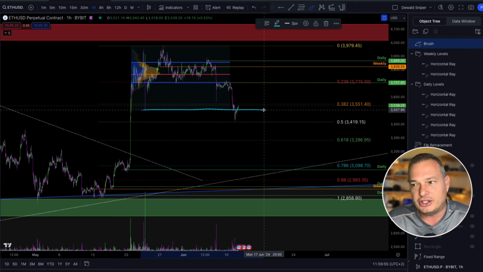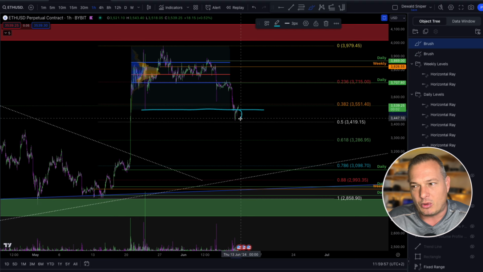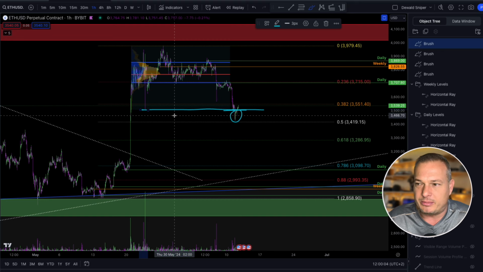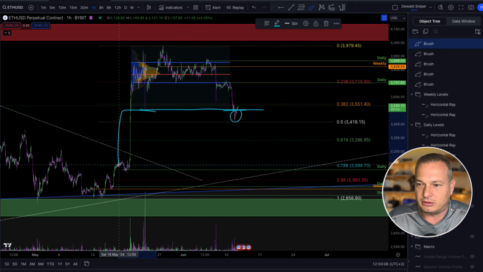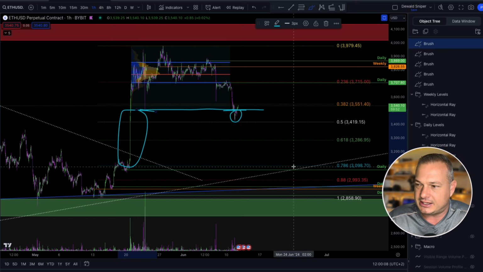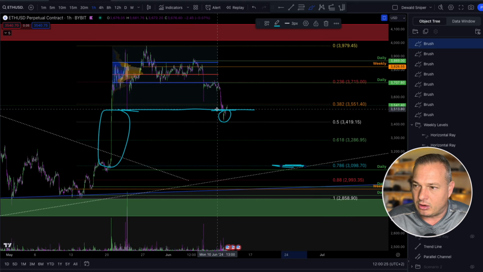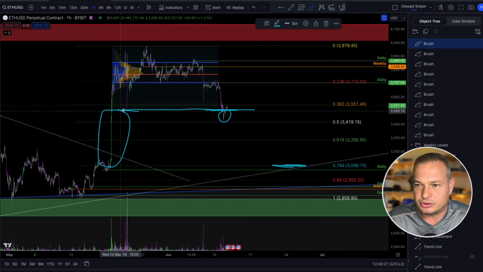And the rule for the range low is when you have multiple 1 hour candles closing below the range low, okay, it does increase the probabilities that you are going to come and fill this gap over here, and you might see us bouncing here on the 7866, which is $3,098. But for now, we are ranging above the range low. So this could have been